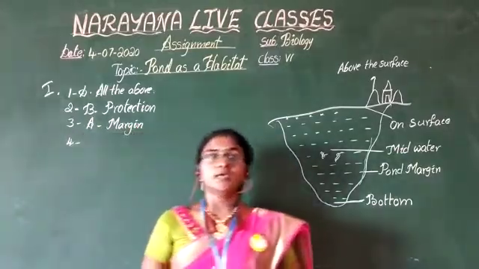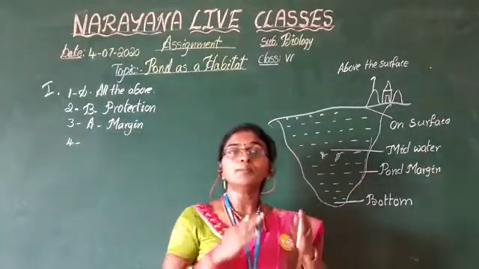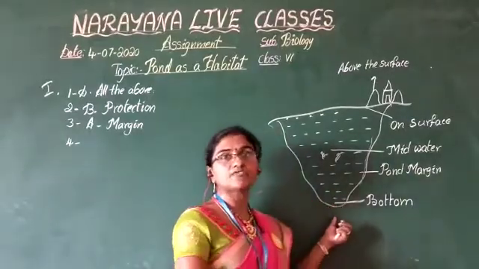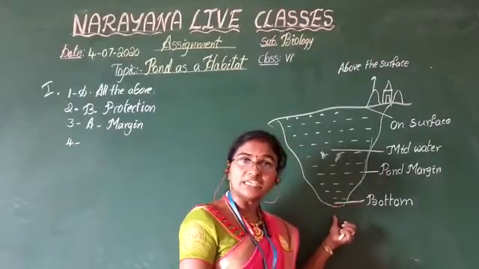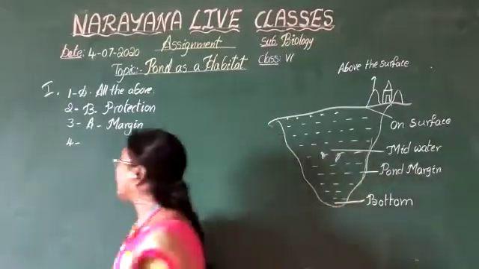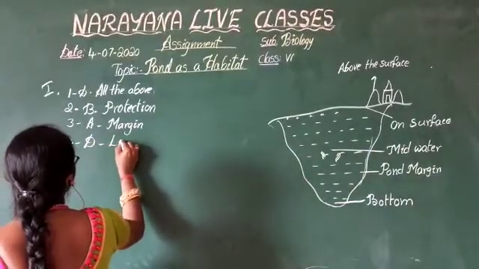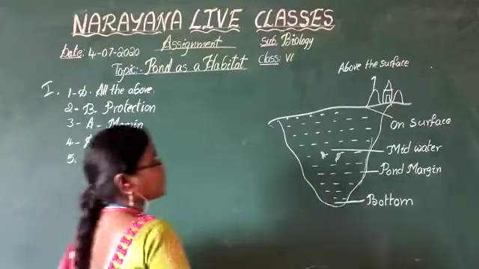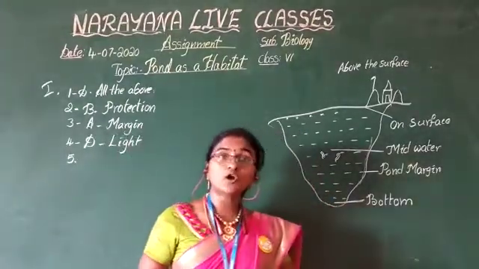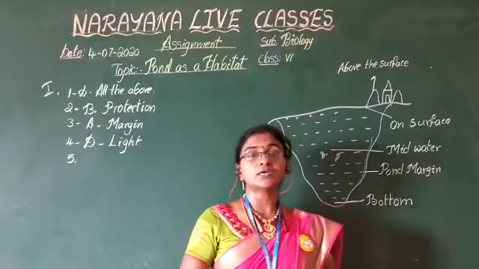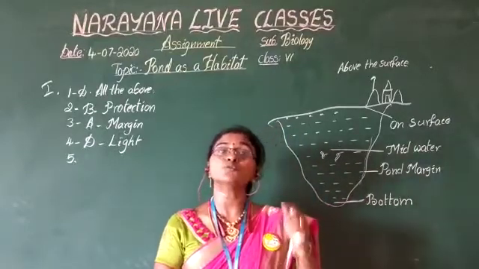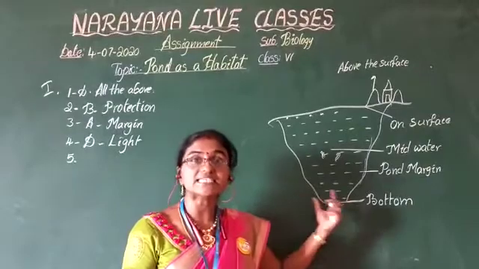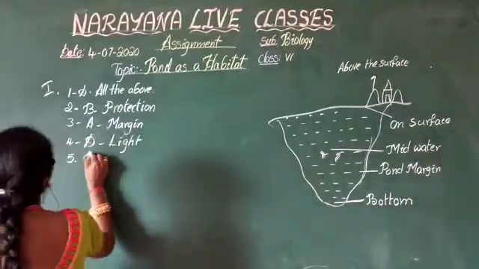And the next one: if you observe the pond bottom, there is minimum of dash. The pond bottom is the last part of the pond. So which one is minimum here? Light. So the answer is light, option D. If you observe the pond, along with animals, some plants are also present. So hydrilla, it is present in which region of the pond? It is present in the bottom of the pond. So the answer is bottom, option B.